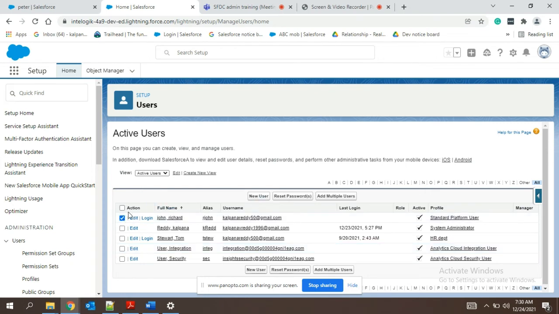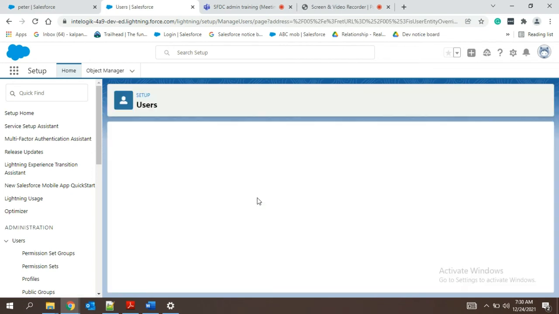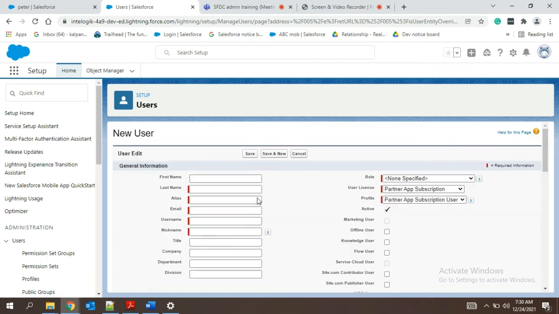Once created, I'll tell you those things later. New user. I wanted a Telugu guy, someone like Sampath, who has to be joined.